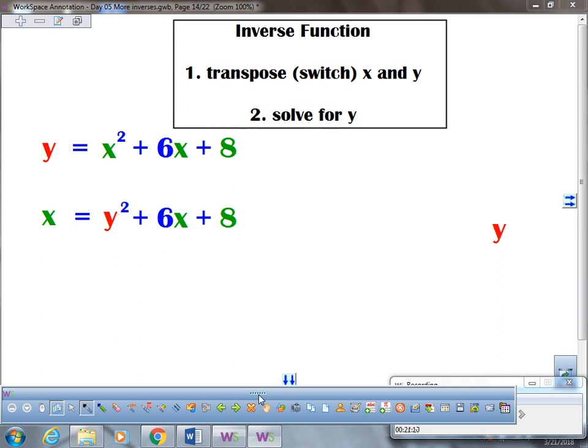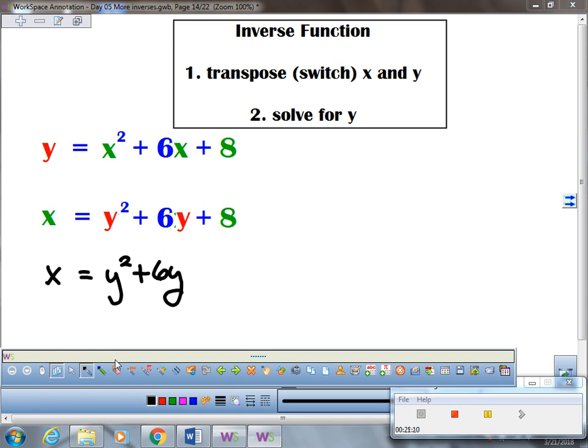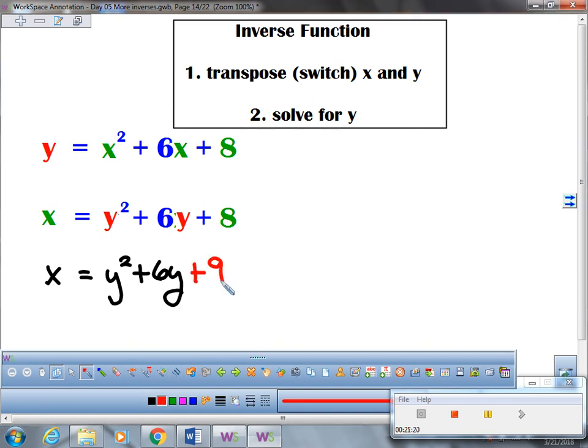You know what I did wrong here? Look what I missed. I missed the y. Okay. So how would I square root it? What do I need to square root something? Oh, it's a perfect square. It needs to be a perfect square. This 8's not going to make it a perfect square. So I need to make it a 9. So I have x equals y squared plus 6y plus 9 plus 8